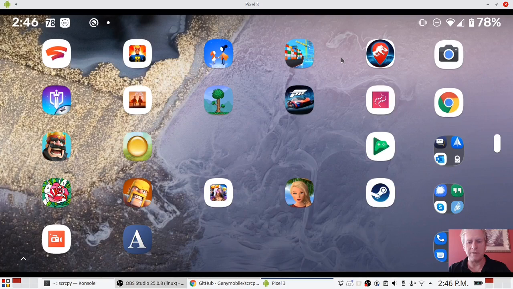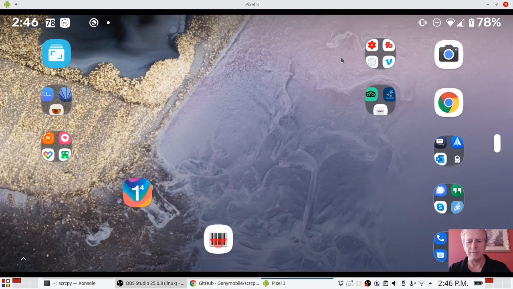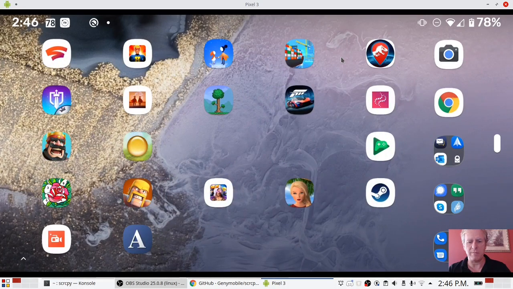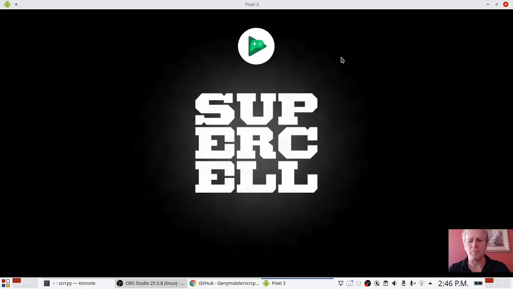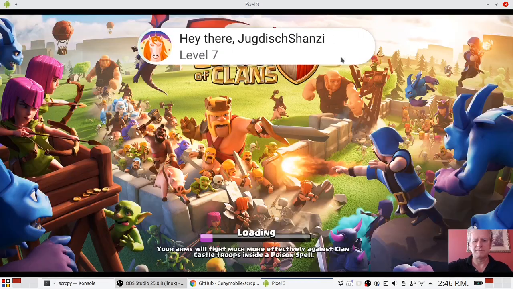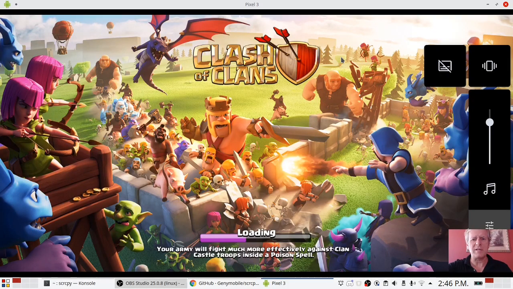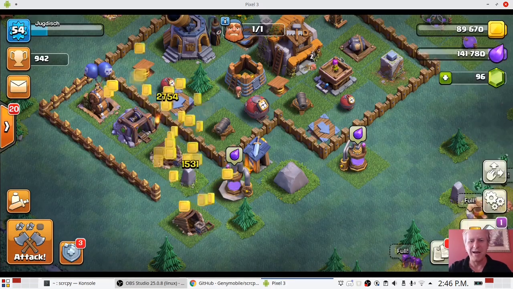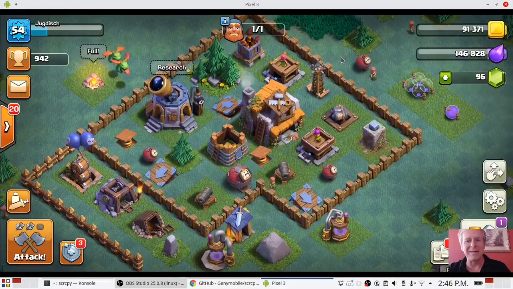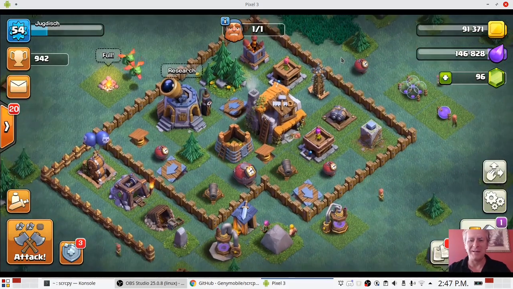Let's bring up, what do I want to bring up? Clash of Clans? Sure, why not? Clash of Clans. There we go. So I'll bring up Clash of Clans and whoa. Boy, that's loud. And there's my builder base, and there you go, Clash of Clans, playing on my little tiny Pixel 3, but